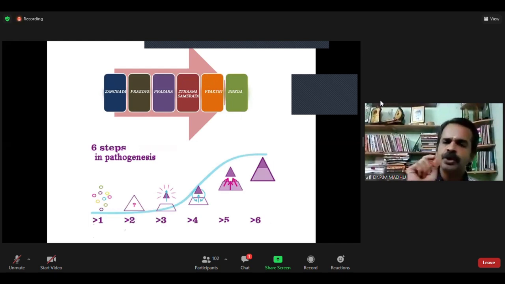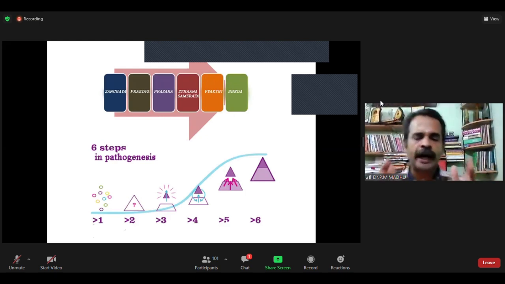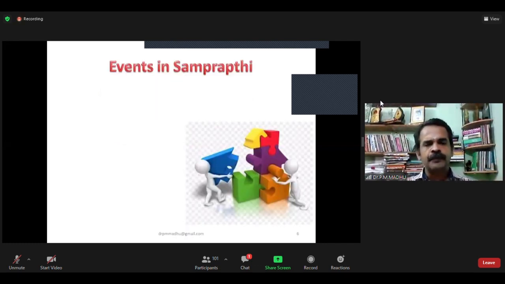So in order to reverse the pathology, in order to give a Shuddha Chikitsa, it is necessary to identify the patient in terms of the Shatkriya Kala. So the diagnostic tools should be identified according to the sthanas, the Shatkriya Kala of the disease. So you see, events in Samprapti, in each disease, that may be cutaneous manifestation or disease affecting the musculoskeletal